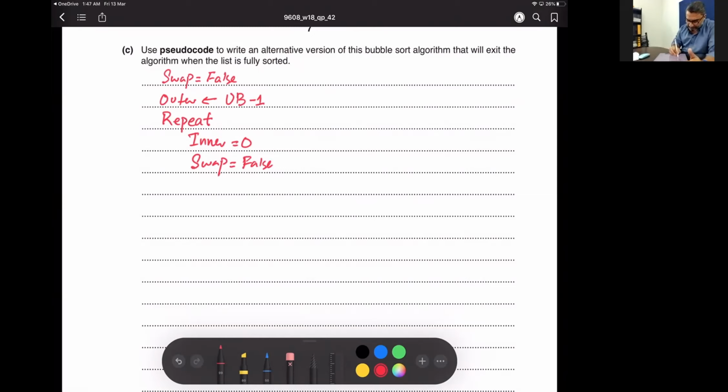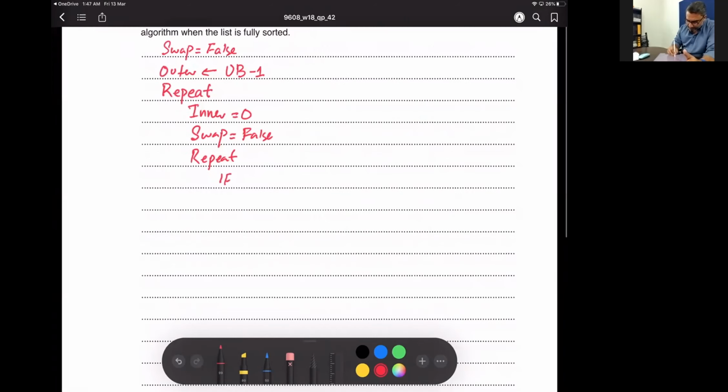So this loop will go on if list inner, we have made inner 0 because the lower bound is 0, inner is greater than list inner plus 1,